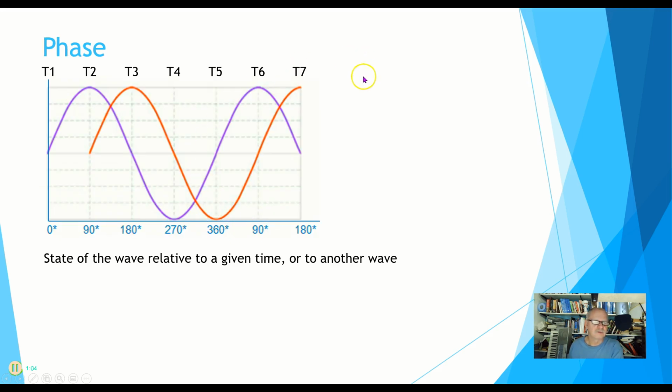Phase is a little harder to describe. Phase is the state of a wave either relative to a given period of time or relative to another wave. So here, let's just take one of these. Here, I'll take this 180 degrees here. This wave here is at,